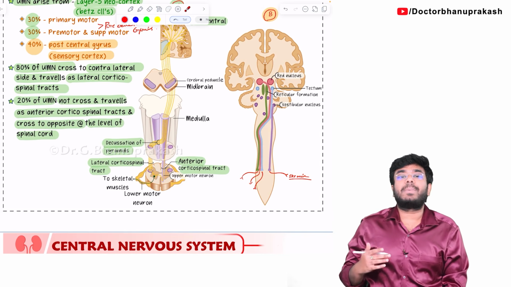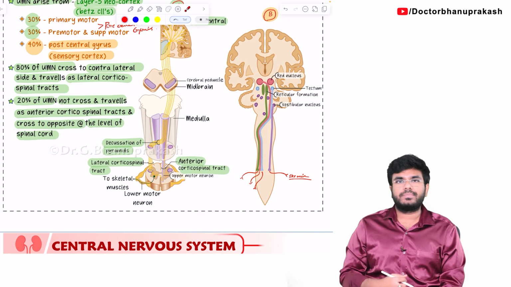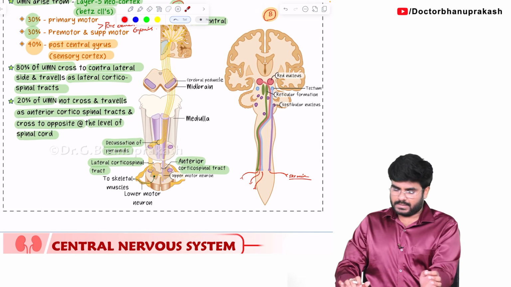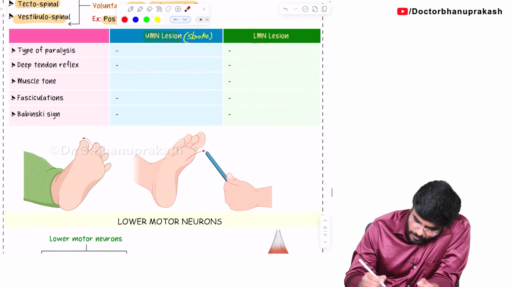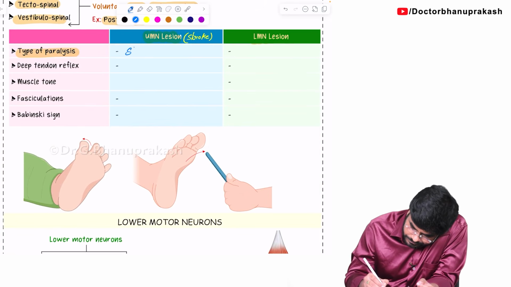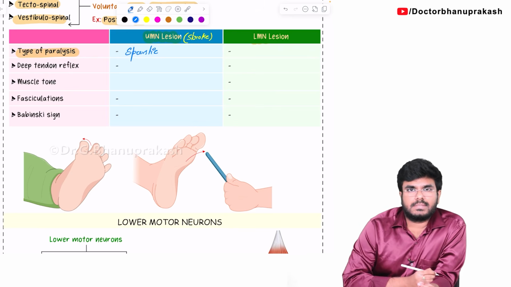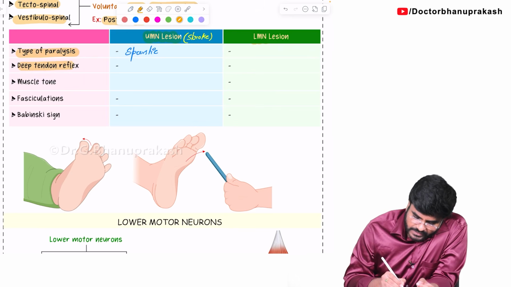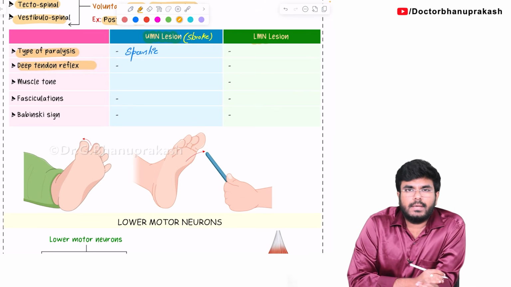So that's going to cause a spastic type of paralysis. The muscles are in spasm. So what type of paralysis will be seen in a patient with upper motor neuron lesion? There is going to be spastic type of paralysis. Now, if you check for any reflex, like the knee jerk reflex,